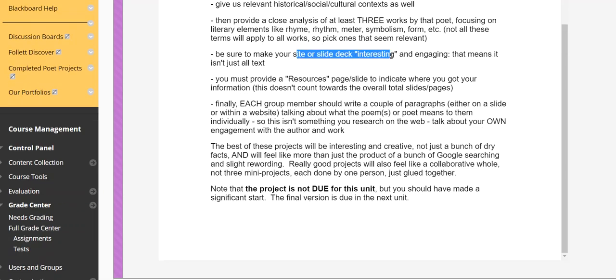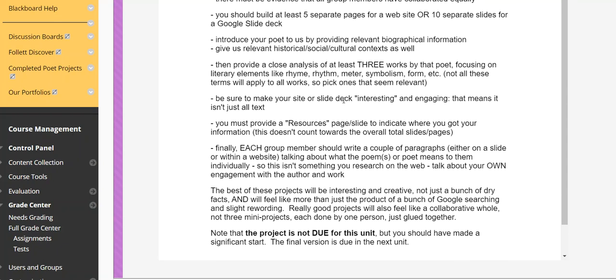Try to, how can I say this? Try to make it more than just the intellectual side, or just a list of facts that you Googled somewhere, or some analysis that you maybe looked up. Try to really, as best you can, engage even quasi-creatively maybe. So in some ways, the list of things to include here is almost like the minimum to do.